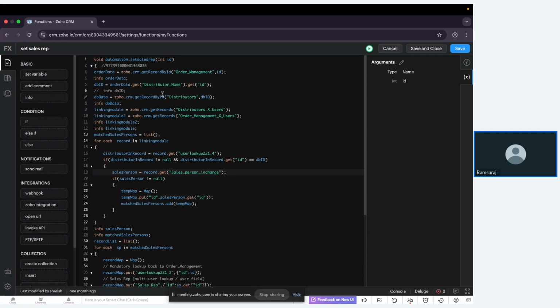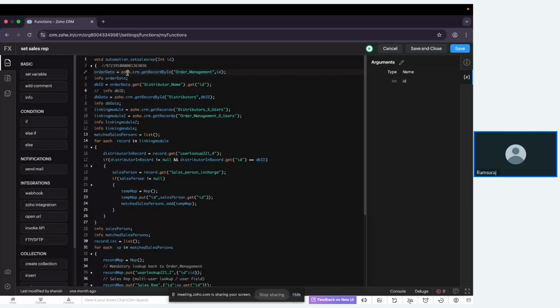So you get the order ID. After the order is created, you get the order ID, and for that order, with that ID, you are getting the entire record using the CRM